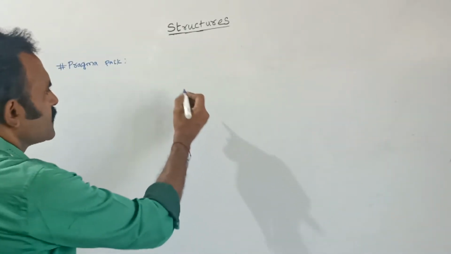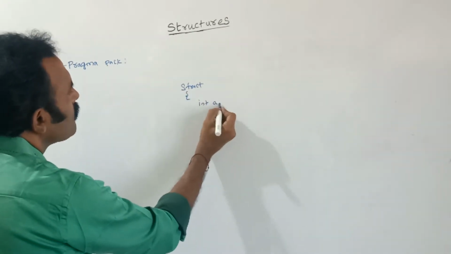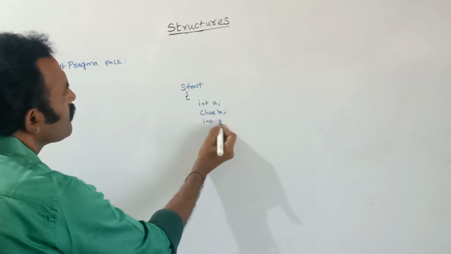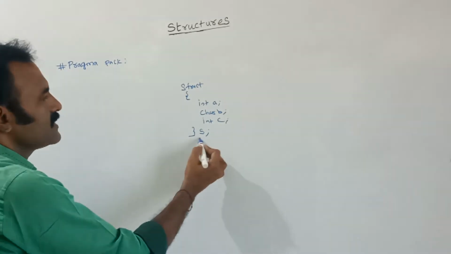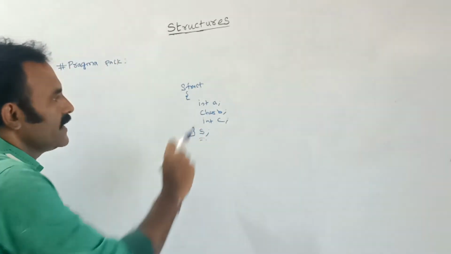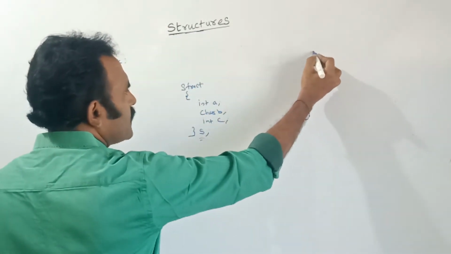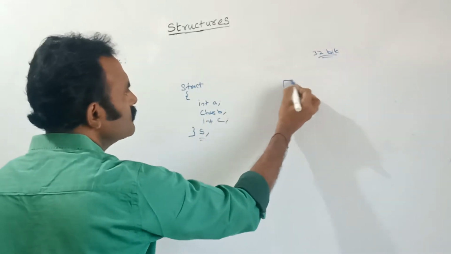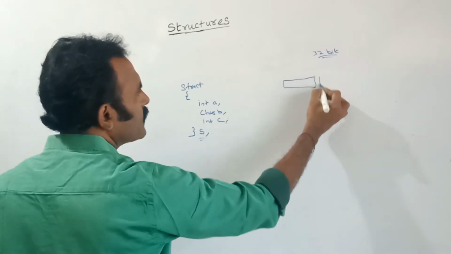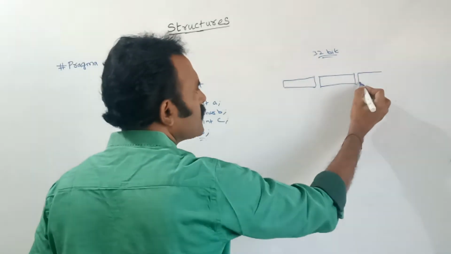For example, if you are creating a structure, this structure name is S. Suppose it is allocating the memory for the structure members. For example, let us take a 32-bit machine. Here it will allocate 44 byte. This will align the structure members in 44 byte.